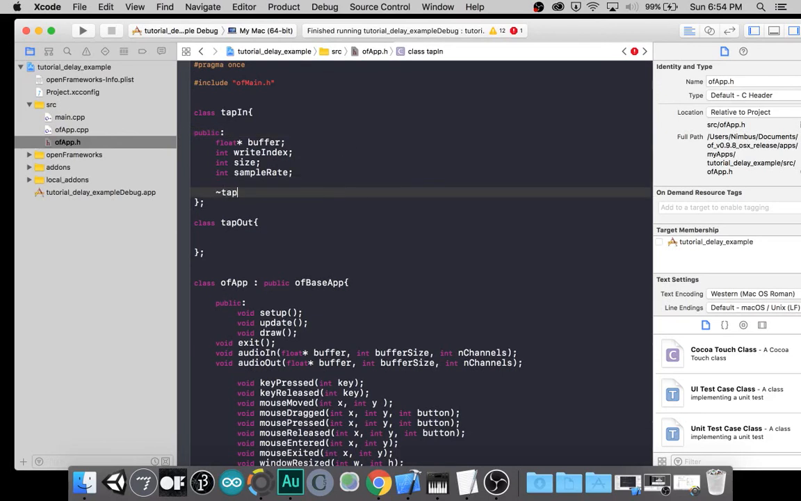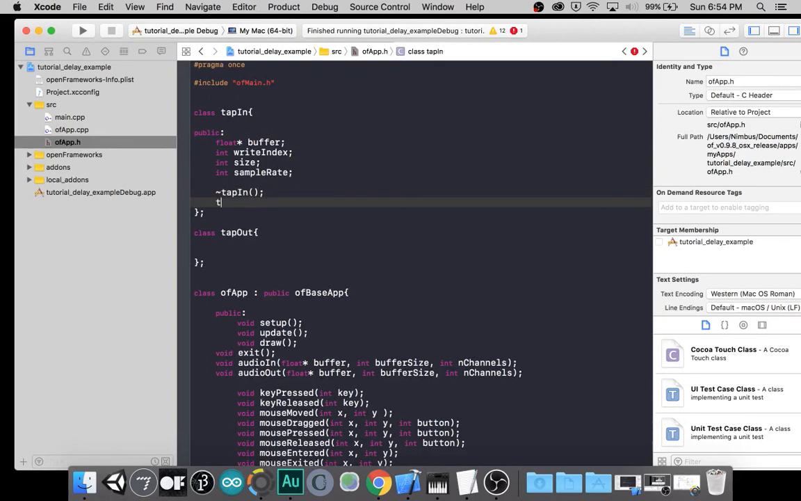We can add a deconstructor and our constructor here. It's my understanding that if you don't add a deconstructor, it doesn't necessarily matter. I think it's already going to be there by default. But if you ever need it, it's good to have there. And I guess it's just good practice to make a deconstructor. I've never had to call them yet, in openFrameworks at least. So tapIn,